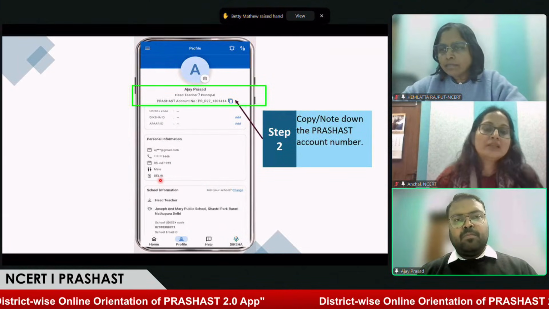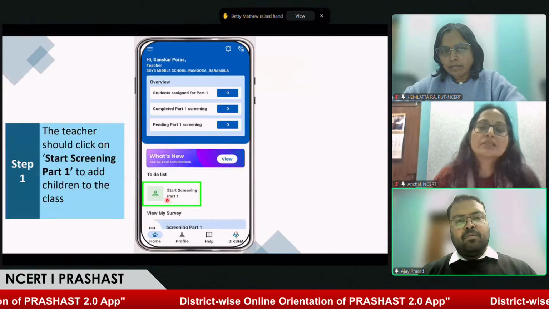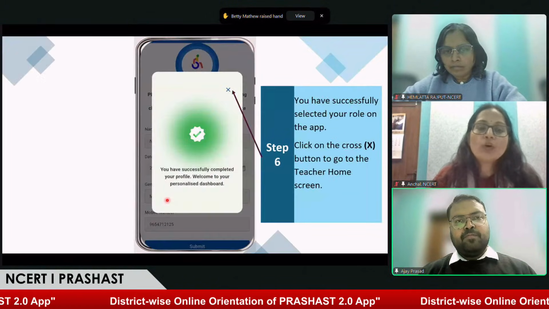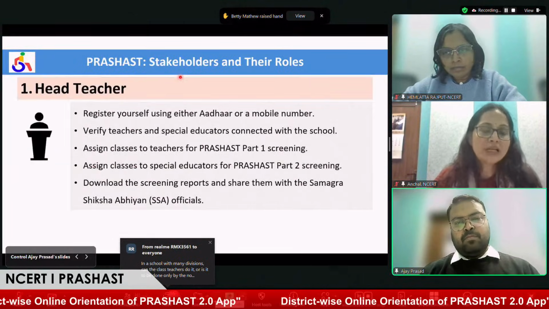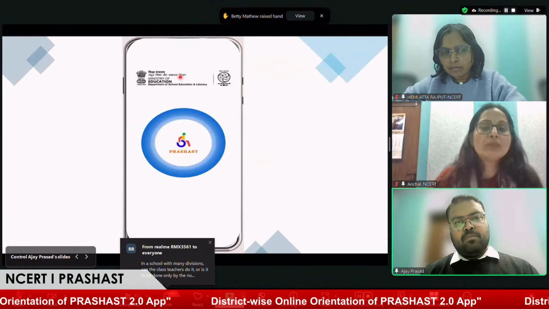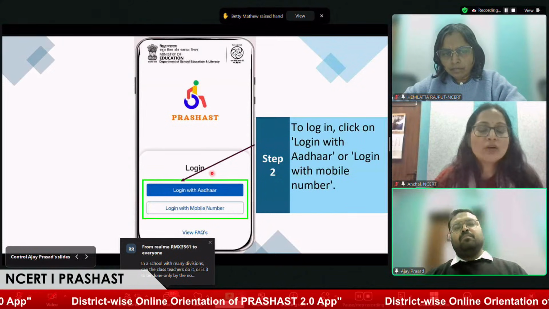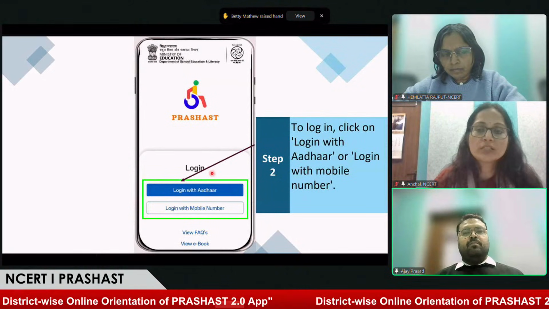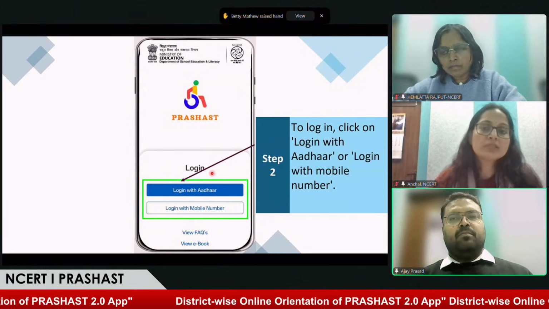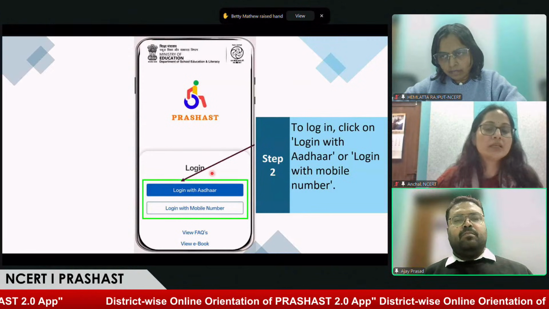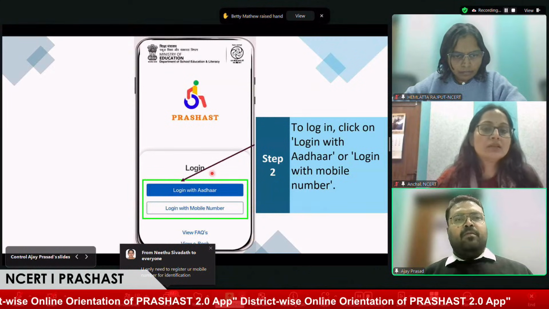Actually, ma'am, this data is very sensitive. The data is very sensitive on the PRASHAST application. It is screening data. So we want each and everyone who comes to the application to be verified, the right person in the application. That's why this Meri Pehchan login is mandatory. So all Indian citizens have already registered on Meri Pehchan or DigiLocker. If not, they can register. And when they come to the application for the login purpose, they first log in through Meri Pehchan. Their data is fresh from Meri Pehchan. Then they can select the role as a teacher, headmaster, and special educator.